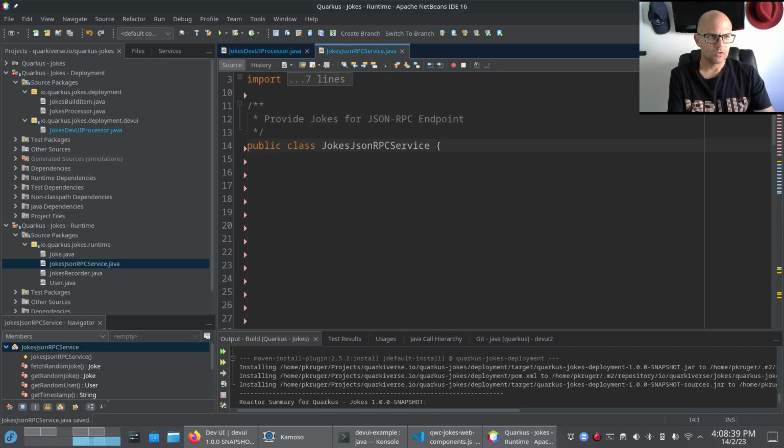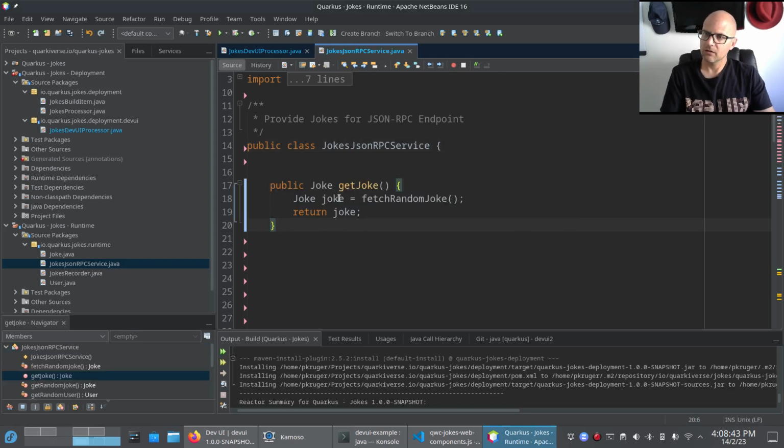We'll start off with a really basic one, and we'll just have a method that gets a joke. We won't go into detail on how we fetch this joke. We actually use some service on the internet that provides these jokes. But the bottom line is that I create some joke POJO, and I return the joke. So that's all I need on the Java side. Now in my component,